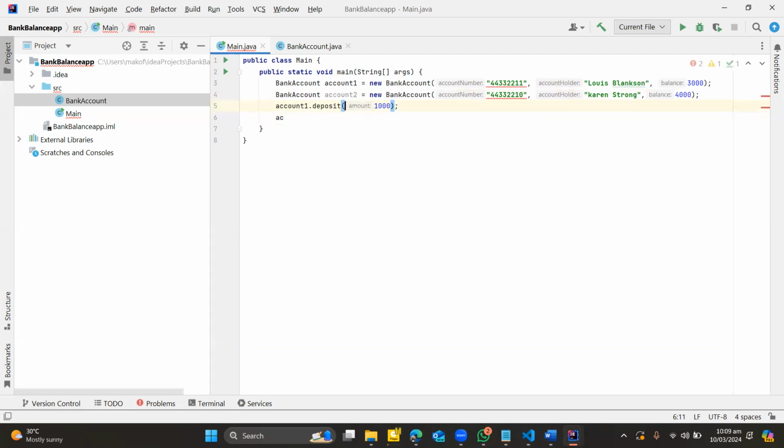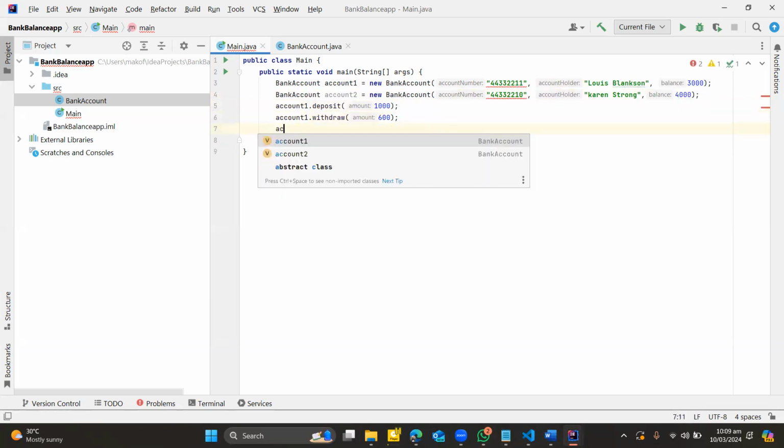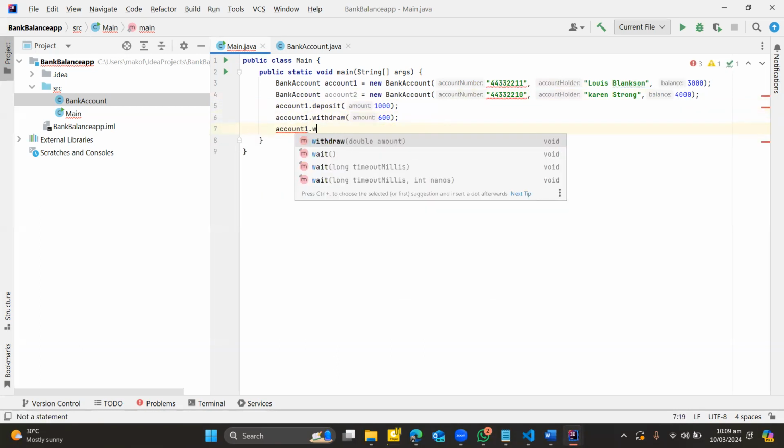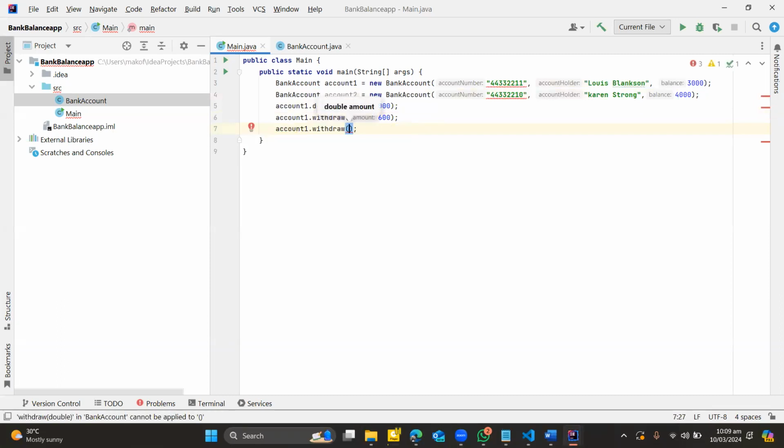For account number 2, 1,000. When he's done depositing 1,000, account number 1 wants to make a withdrawal of 60 Ghana. When he or she is done making the withdrawal of 60 Ghana, he also wants to make a withdrawal of, let's say,